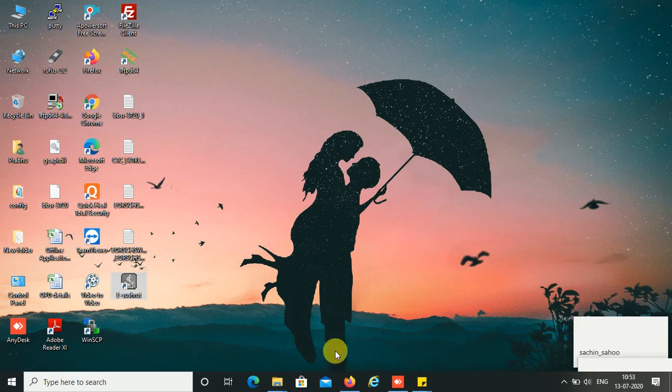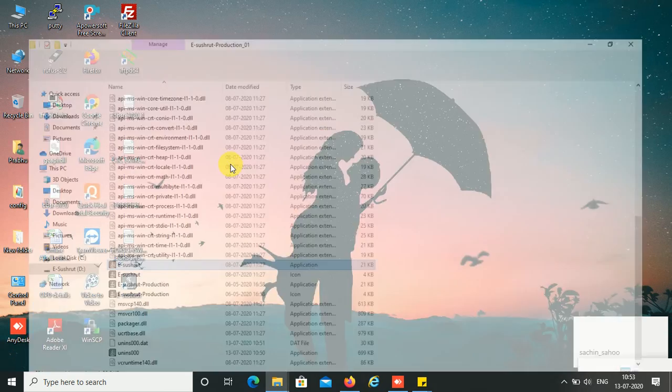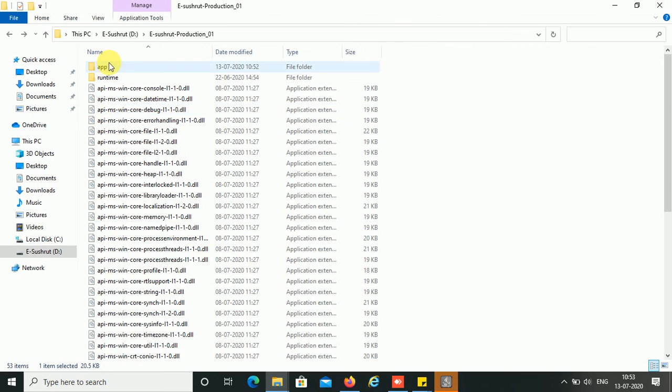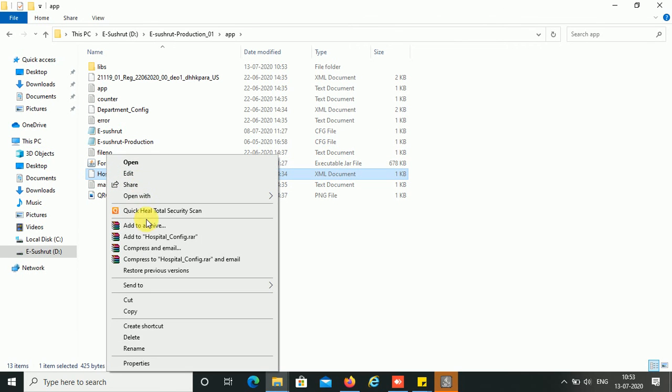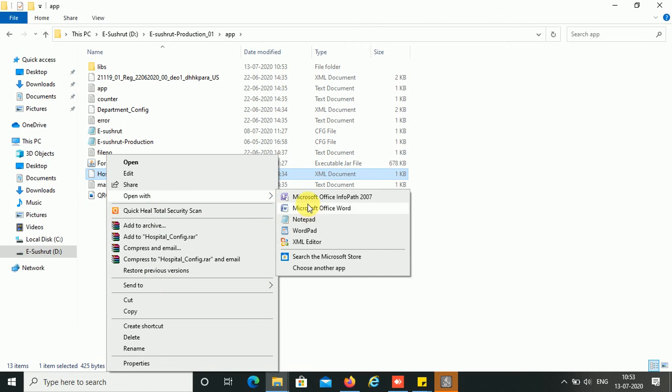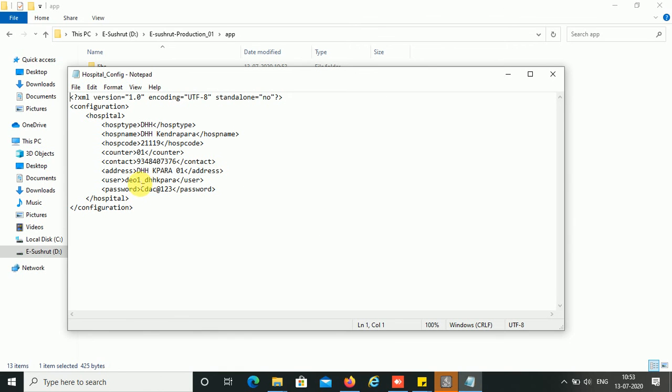Now we can log in through this. This is my login ID and password.